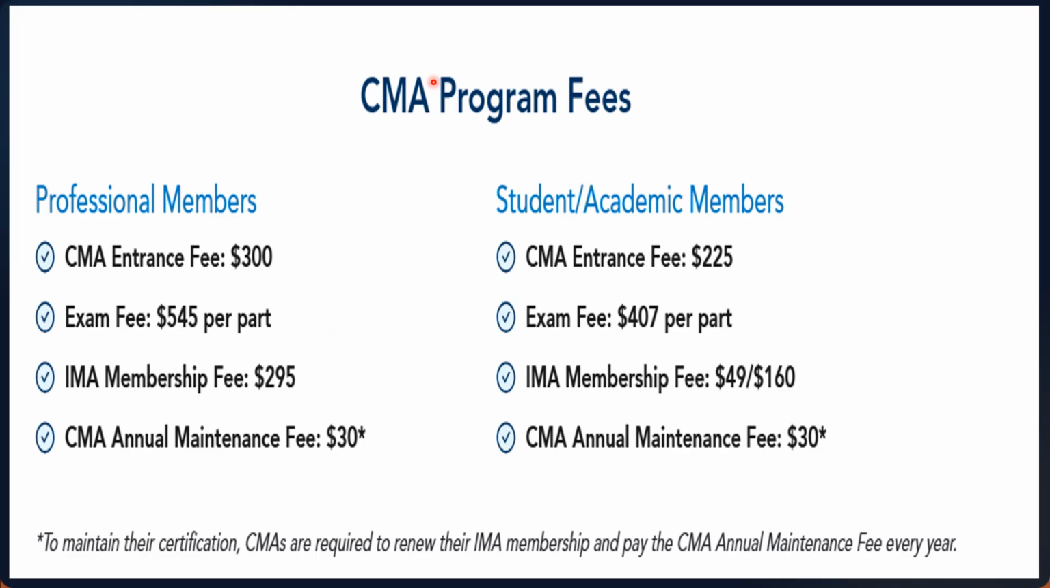CMA program fees. If you're a professional, your entrance fee is around $300, and the examination fee is $545 per part. IMA membership fee is $295, and there is an annual maintenance fee of $30. So this membership fee plus annual maintenance fee you have to keep paying every year in order to renew your membership. That is mandatory. If you want to keep your CMA certification, you have to pay this fee mandatorily every year. Along with that, you need to get 30 hours of CPEs, that is